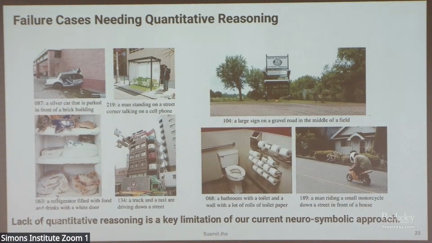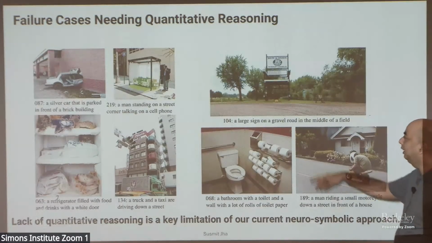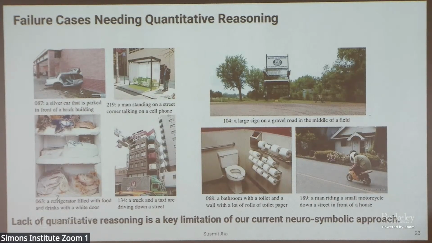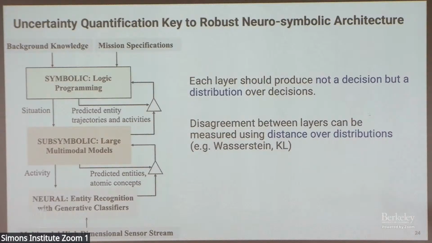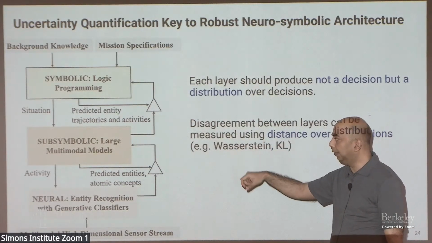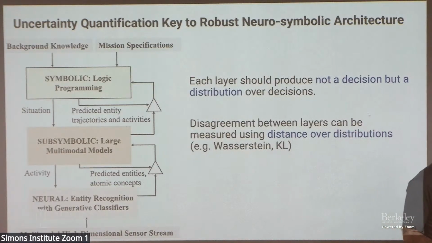It's not just a small bike, which is acceptably small, but let's not argue too much about the smallness and the quantity here. The key thing is that if you look at the failing cases, the common characteristic is that the quantitative part is what is not being captured, because none of these layers currently know how to capture that. And again, I'll emphasize that which of these layers should do that is also not quite obvious to us. We don't handle that.